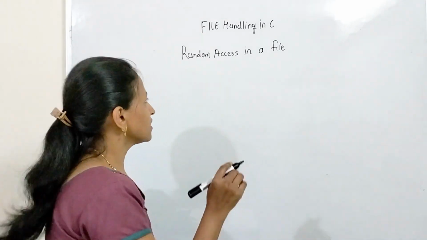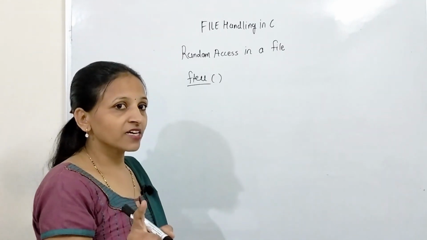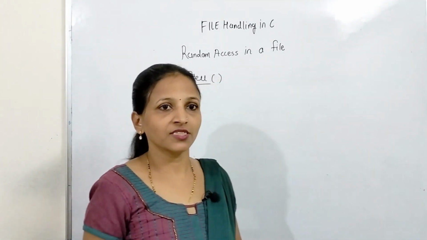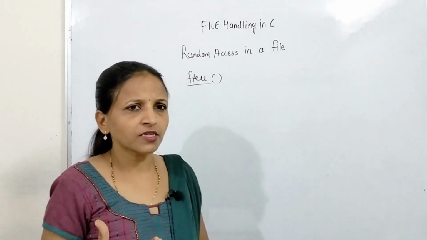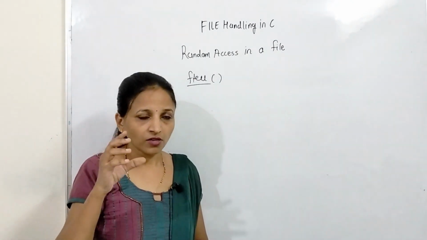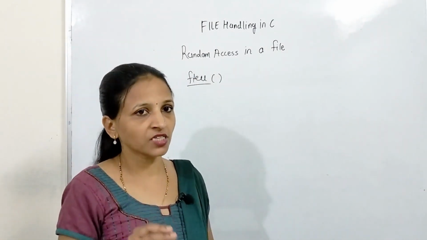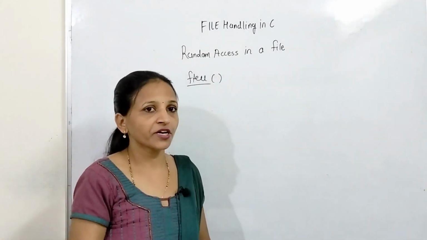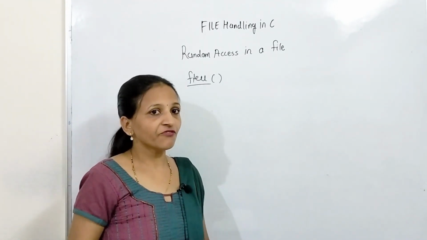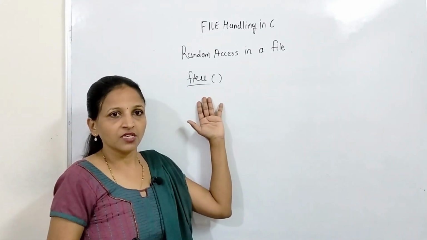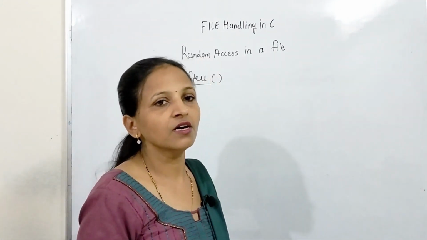The first function is the ftell function, which we can use to check wherever the file pointer currently is. Whenever we open any file in read mode, that position indicator is the position of the internal pointer. If you are doing a read or write operation in a file, there is one pointer pointing at some position inside that file. You can find where it is with the help of the ftell function. It gives you the current position of the pointer in a file.